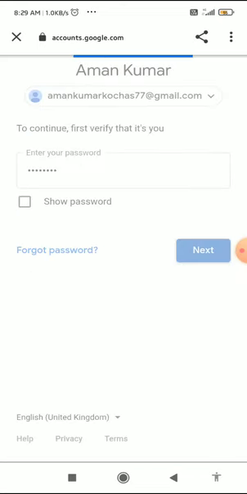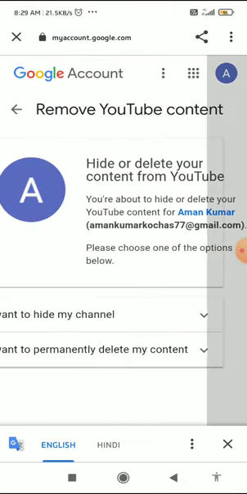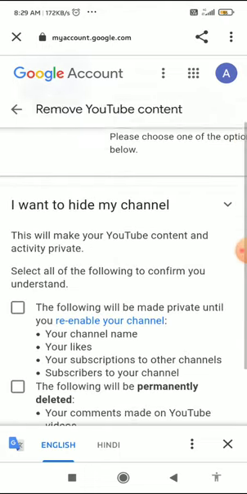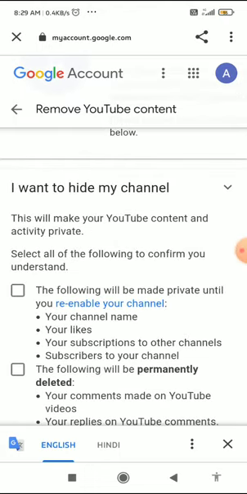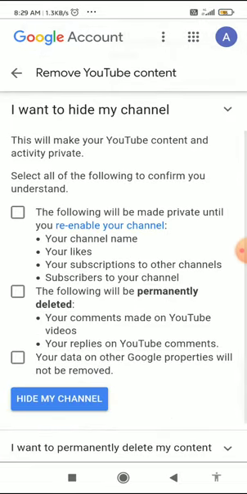So type your password, and then it is loading, and then you come to this page. Now what you have to do is click on I want to hide my channel, and then click on this icon. It says that your channel name, your likes, and your subscriptions and subscribers will be made private,